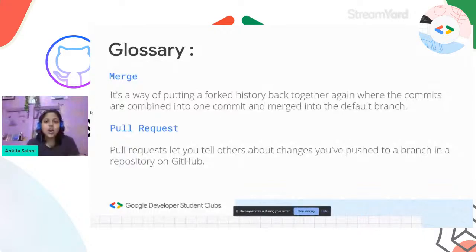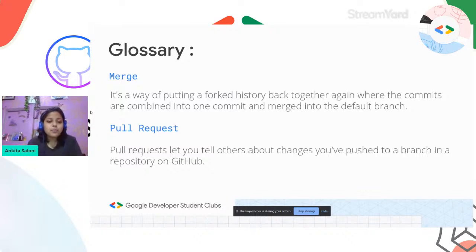That is, putting the code that was suggested by the user or contributor into the main branch so that new features can be added, or the documentation can be added, or the bug can be resolved. So that is known as merge.